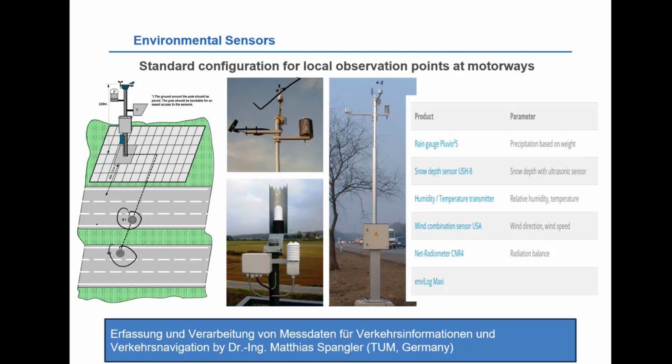You can see here it is installed within the pavement surface, and it's connected with a solar panel. So we don't need any batteries for the longer run, and we have automated remote data transmission from those devices, through the solar panel, to the control device. And then it is connected to the sub center, which is again connected with the main center.